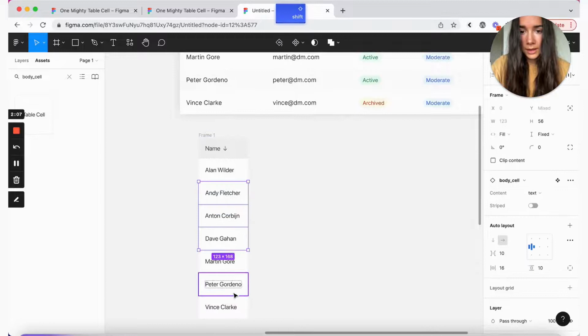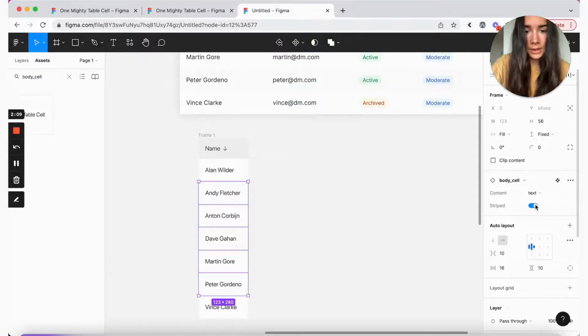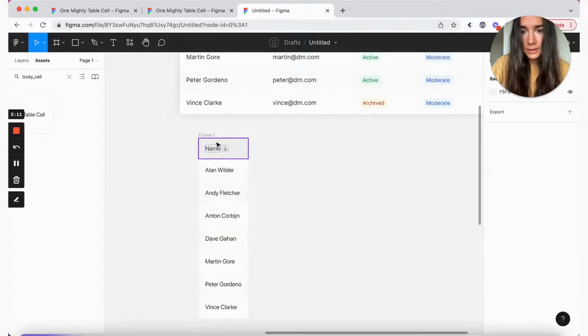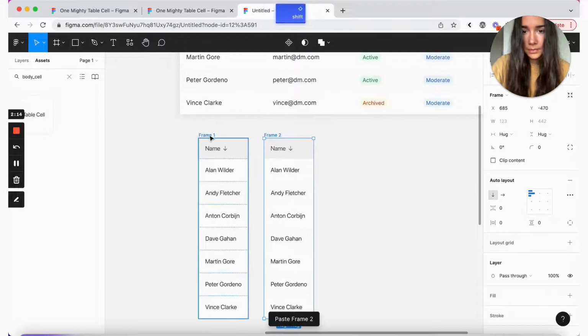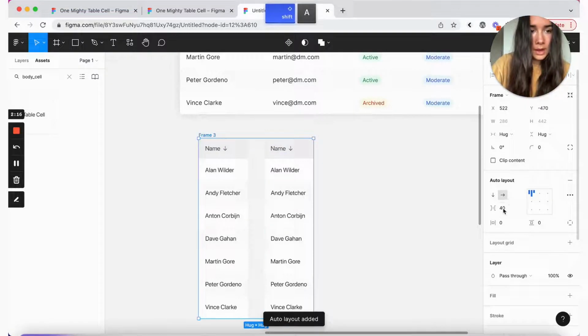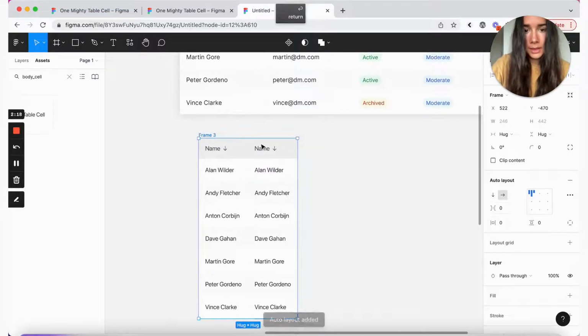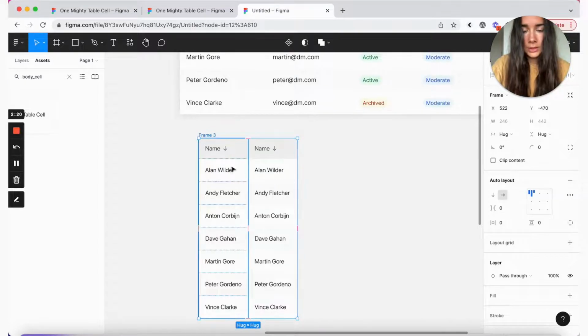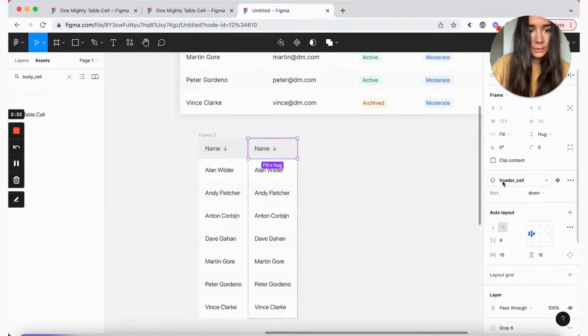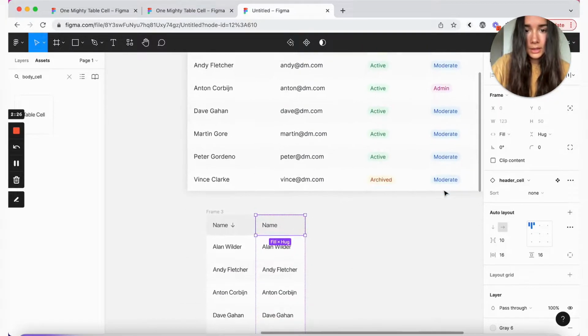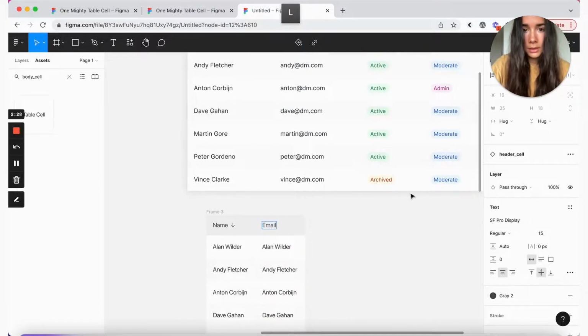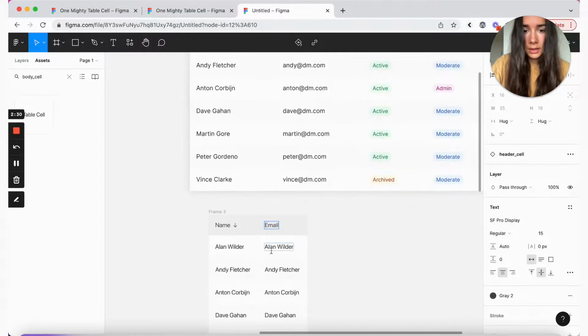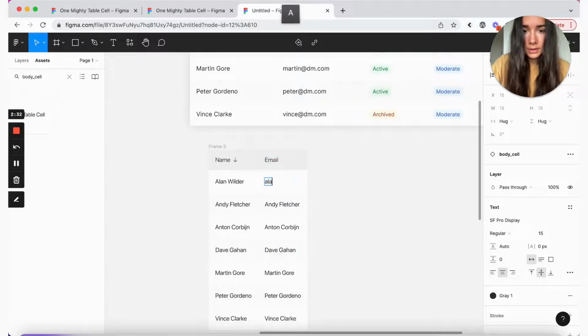Now we can take each alternating row and make it striped. Then we'll copy this column, and now we can turn it into an actual table. This will change the sort to none, and this one will be email, and it will be pretty simple.